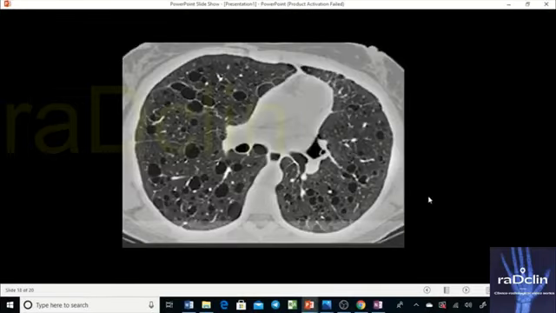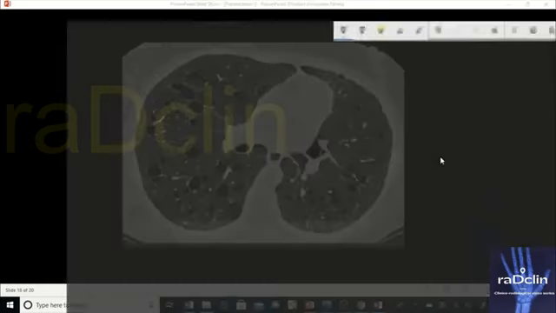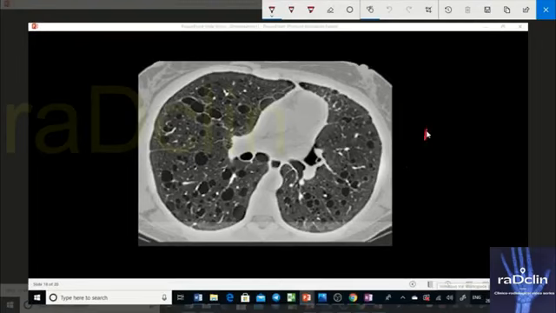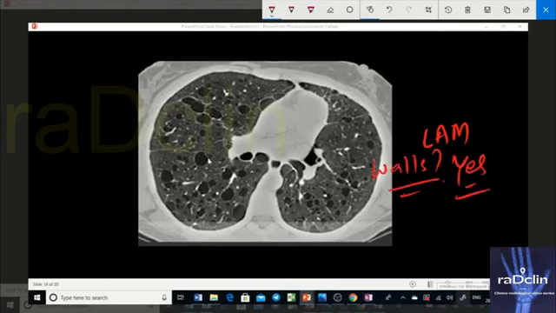Yeah. So this is a typical case of lymphangioleiomyomatosis. So what do we see here? We see walls here. You can see there is a wall. Again, this cyst, this tiny wall is there. Somewhere it is very thin, maybe, but you can see the wall is there. These are not wall-less. So if the wall is there, simply they are cysts.